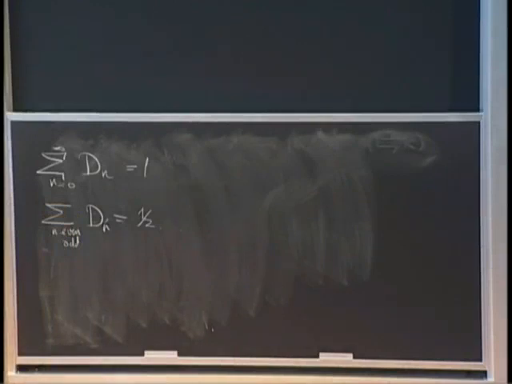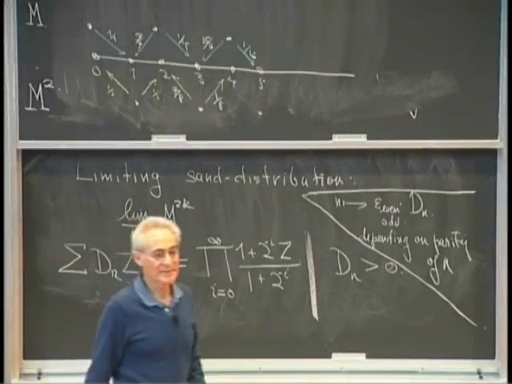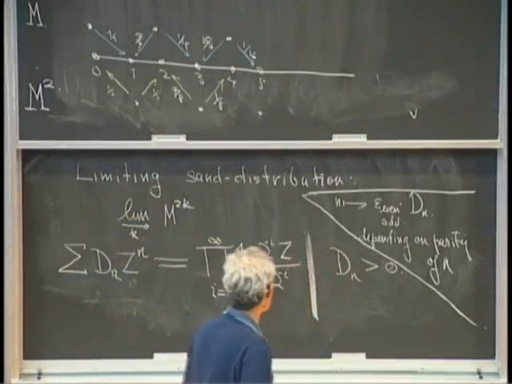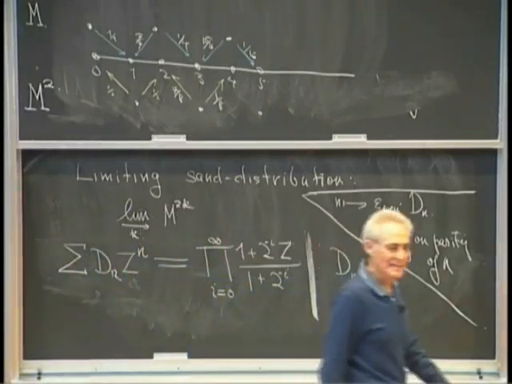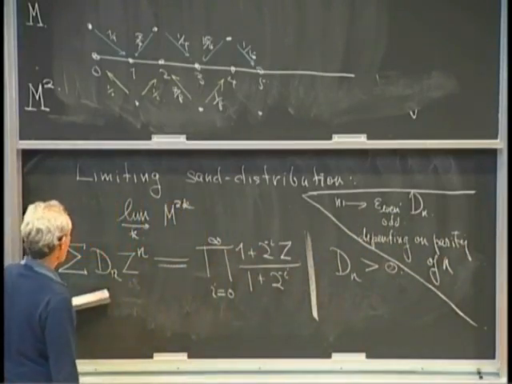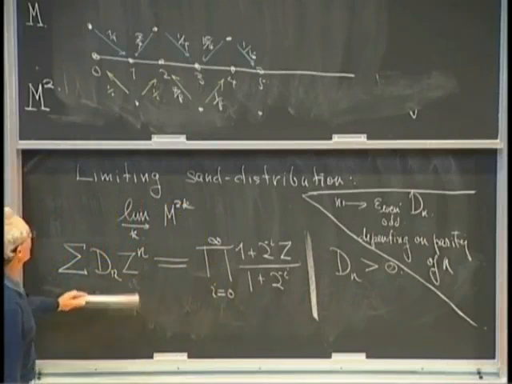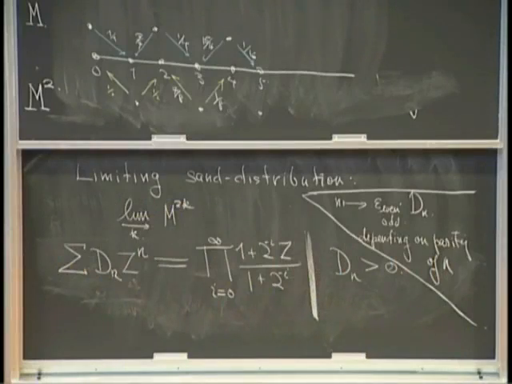Suppose you want to know the sum of n times d_n, which will be actually a bound for the average rank of elliptic curves once we get going. You take the derivative of this and you evaluate it at 1, and you can do that. Suppose you want to know the average size. The average size, well, you replace z by, the average size, I haven't told you of what, so here we go. Now let me make this apply to